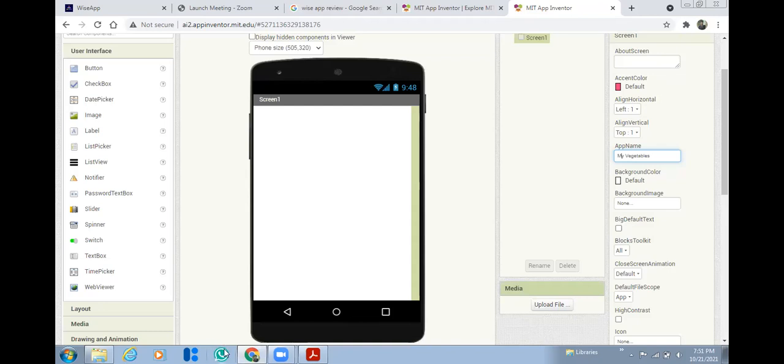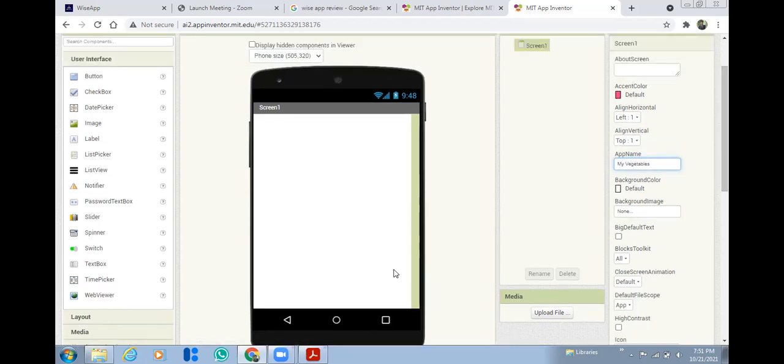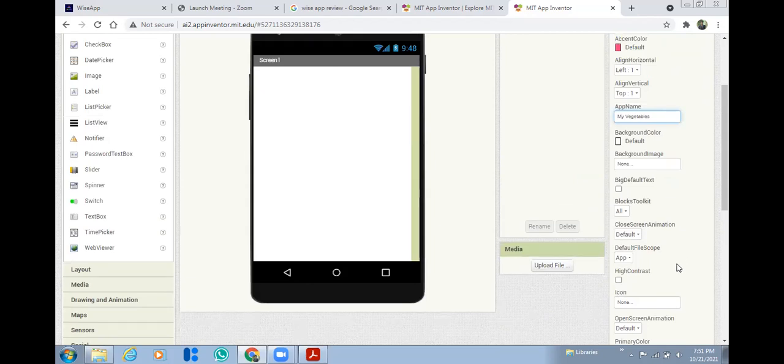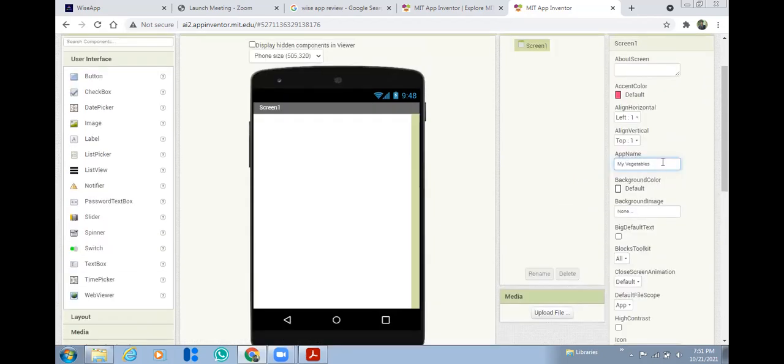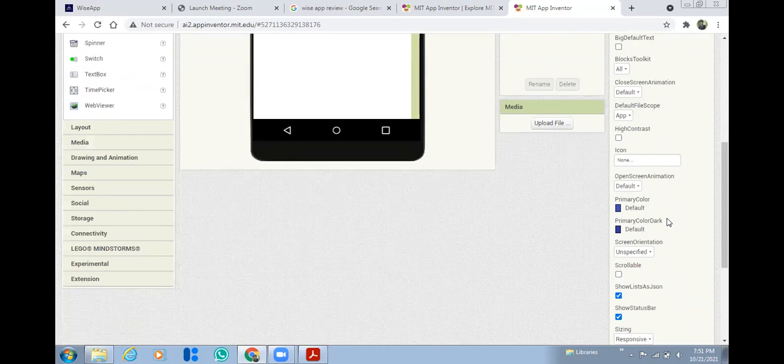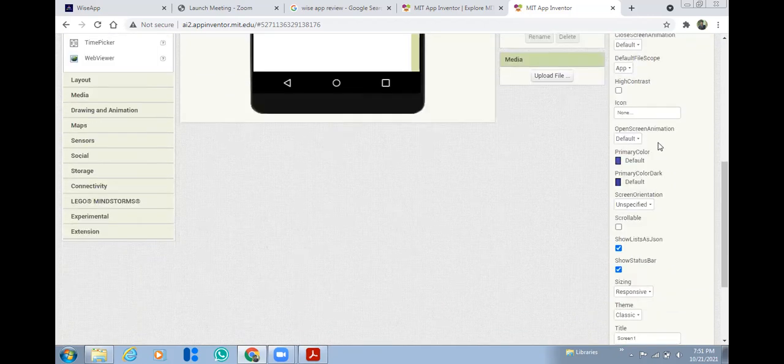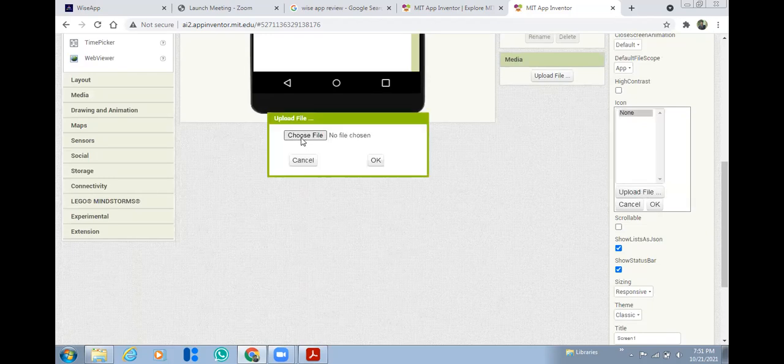If you don't give any icon image, some random default thing will be there. To upload the icon image, just scroll down; here there is a property Icon, and here you have to upload that icon image.